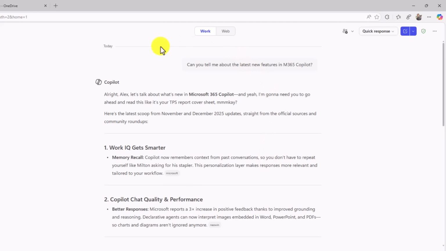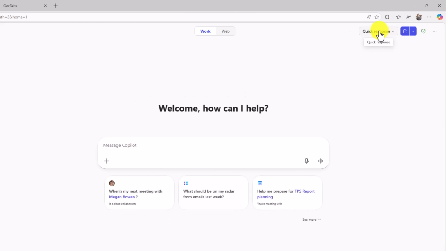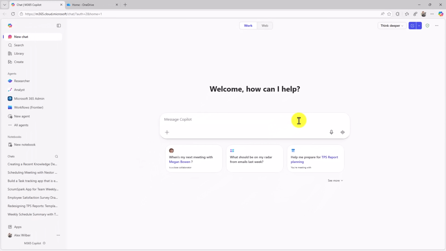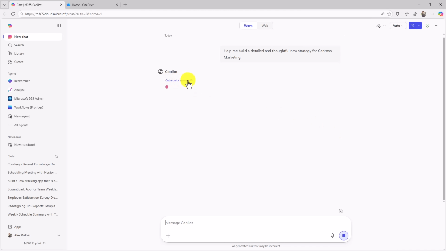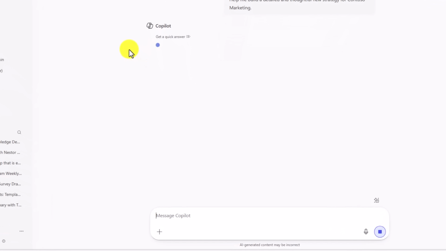Now let's say I'm going to go to new chat and I'll drop this down and choose think deeper. So if I want to think deeper, maybe I'm doing research and I don't want it to immediately answer, I can choose the think deeper option. An example of that might be, help me build a detailed and thoughtful new strategy for Contoso marketing. So I could get a quick answer here, but it's going to think a bit deeper and this might take